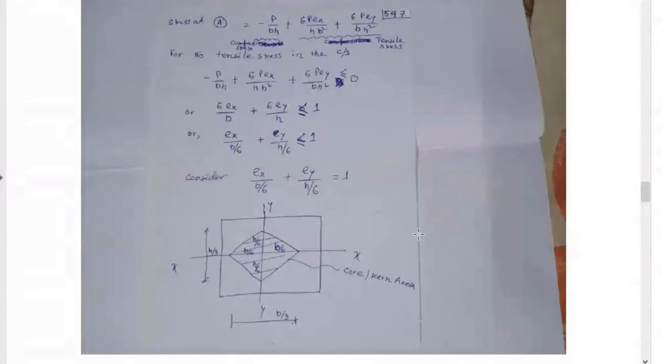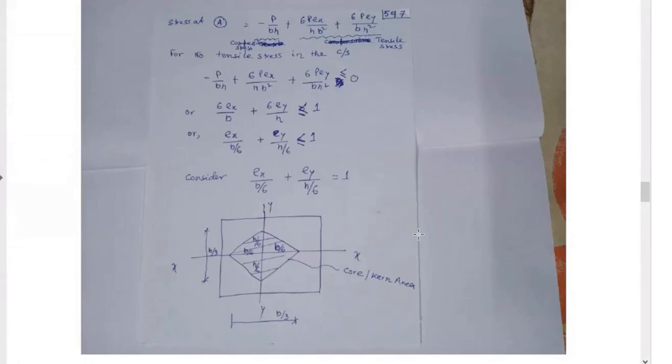Straight line. Here we consider the eccentricity of the applied load. The load is applied in the first quadrant. If we consider the applied load in the second quadrant, we get a straight line from this type of condition. Again, if we consider the applied load in the third quadrant, then again we get a straight line. And if we consider the applied load in the fourth quadrant, again we get a straight line. Ultimately, what will we get? We will get a rectangle.